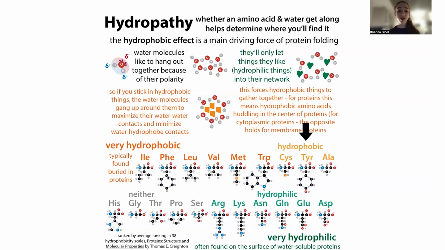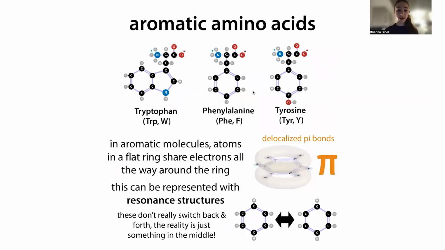With phenylalanine, you don't have anything that's offering polarity, and so it's going to be very hydrophobic. And with tryptophan, you're kind of in the middle. You're still very hydrophobic because you've got a lot of that nonpolar character, but you have a nitrogen, which offers a bit of polarity. But all three of these are going to be classified as aromatic because